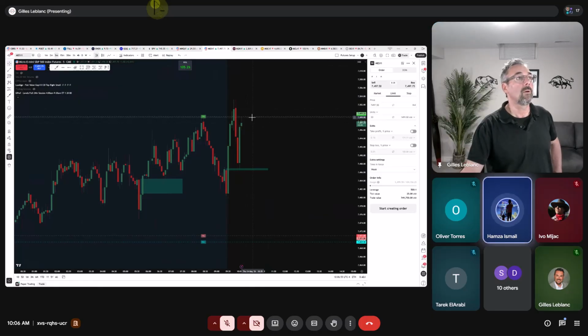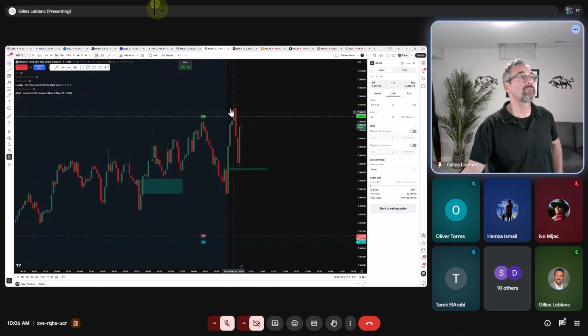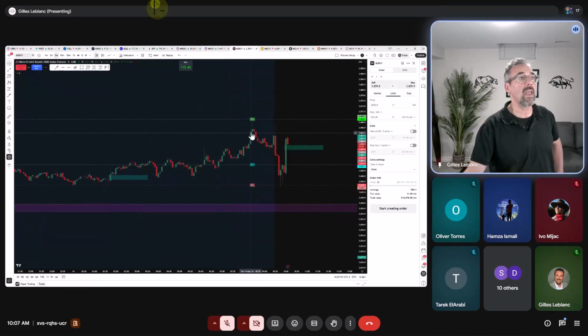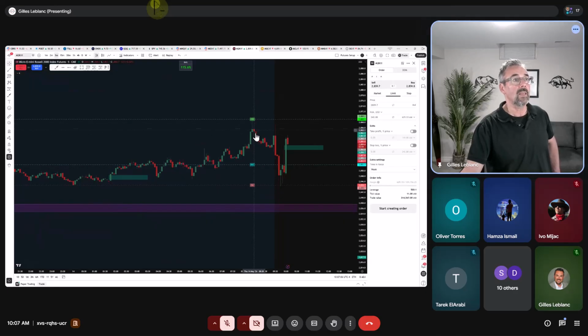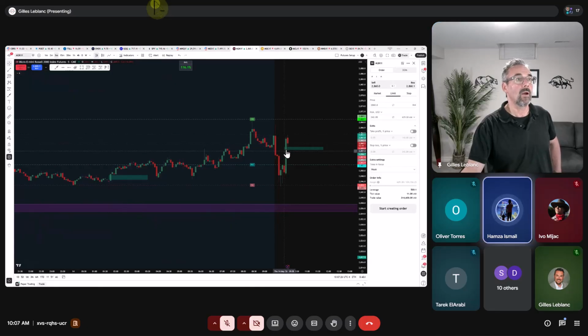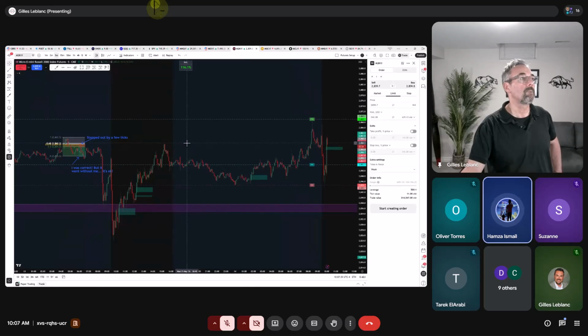Of the M2K? This is MES. Oh, MES, sorry, one sec. If I go to M2K, M2K rejected the top here. I've talked about this candle already, it was a rejection candle. Came down. And then you don't really see the market's hand until the market opens at 9:30, which it did over here. This is where the volume comes in. And this was a bearish candle, came down. Is it retesting this general area over here? Possibly. So with M2K, my entry was around yesterday's high. And on MES, it was the overnight high.